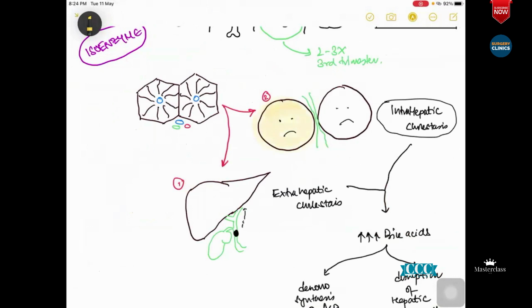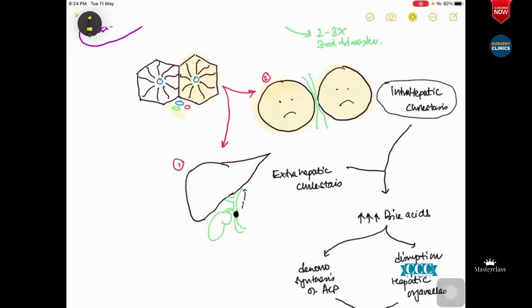Okay, so what happens is that these hepatocytes swell up. They lose their normal hexagonal architecture, and they swell up. Now when they swell up, the bile duct over here, which you can see in the portal triad, gets blocked. Or suppose you have a gallstone, or maybe a CBD stone, or maybe a cancer in the extrahepatic biliary system. This again gets blocked and causes back pressure in the bile ducts.